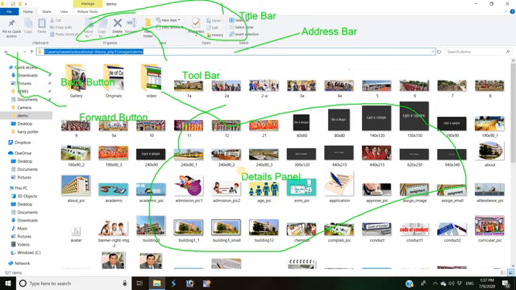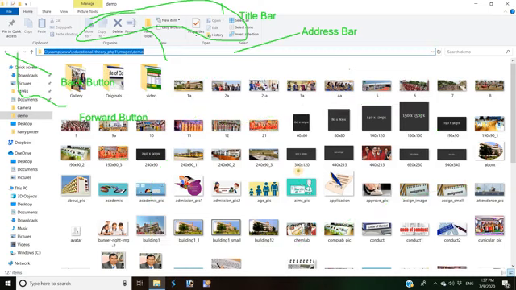And this is the menu bar. I am also talking about another area. This is the menu bar.